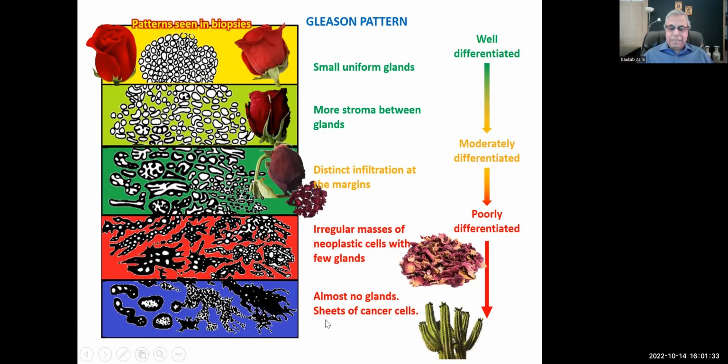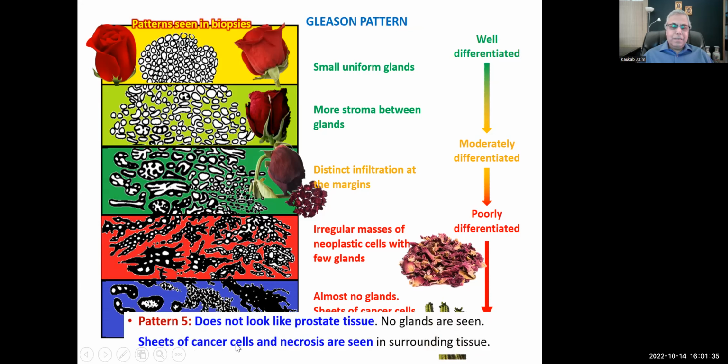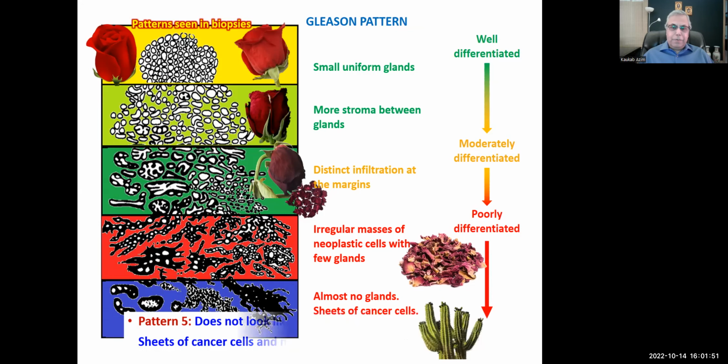Almost no glands. There are sheets of cancer cells. They do not look like prostate tissue. There are no glands. There are sheets and cords of cancer cells. There is necrosis in those areas where you have these types of glands. Okay, so these are the 5 patterns that we have